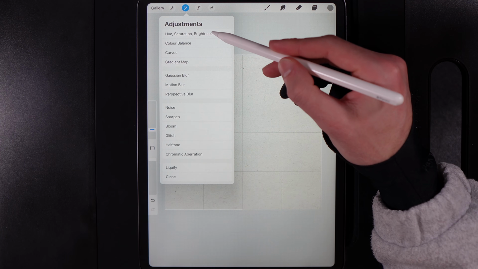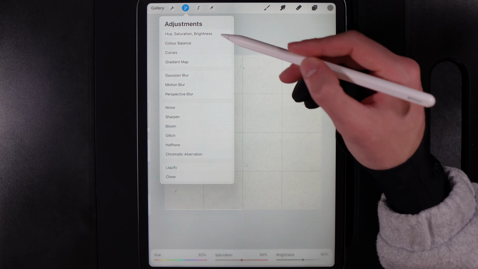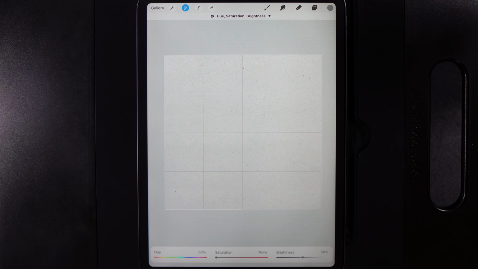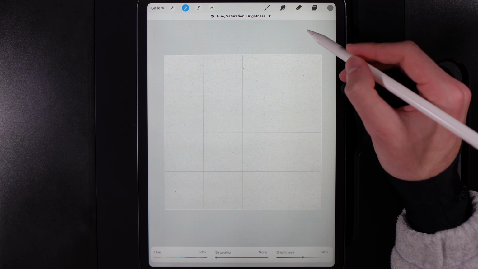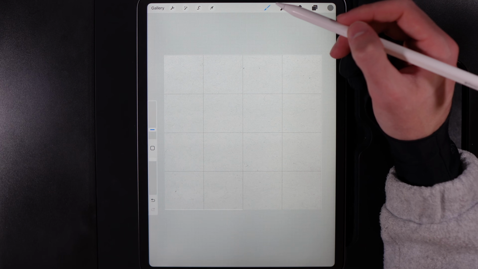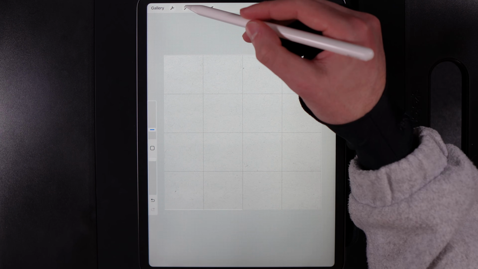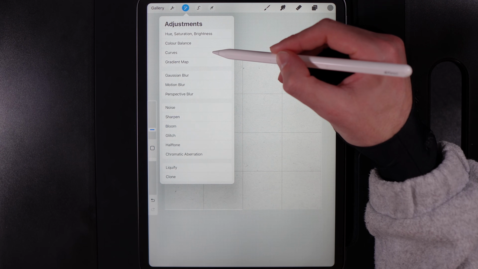So I'm going to go up to my adjustments. I'm going to go to adjustments and hue, saturation and brightness, bring that saturation down to none. And then we can go ahead and tap on our adjustments when we're done. We're then going to go ahead and go to our adjustments again, and we're going to go to curves this